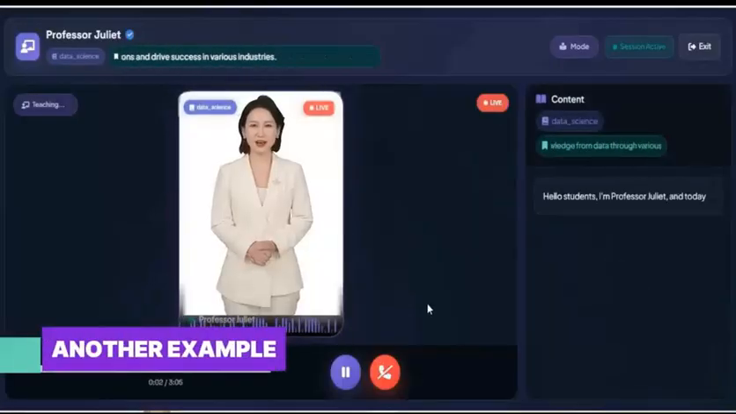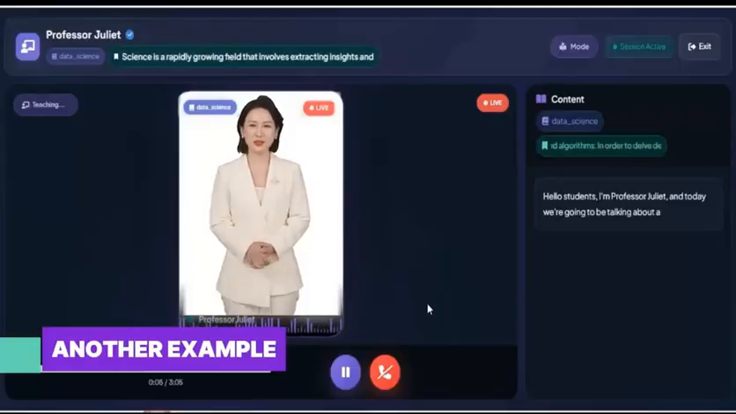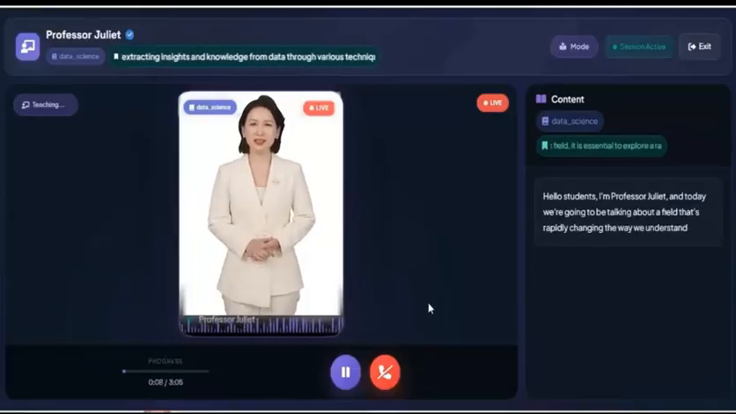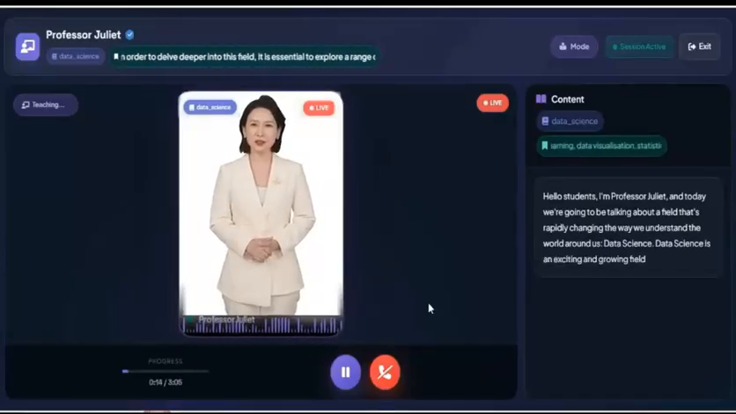Hello students, I'm Professor Juliet, and today we're going to be talking about a field that's rapidly changing the way we understand the world around us, data science. Data science is an exciting and growing field that involves